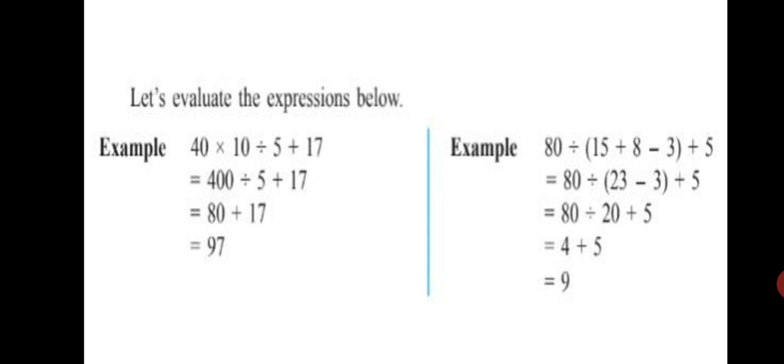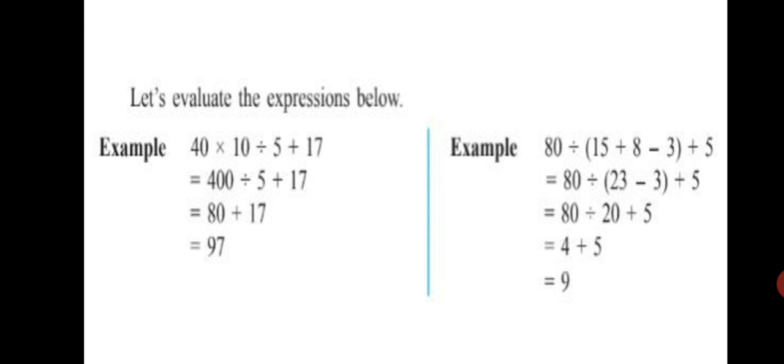Let's have a look at the second example. 80 divided by, now you have a bracket here and there are two operations inside it: 15 plus 8 minus 3. And then the bracket is closed and plus 5. So we will operate the bracket first. Though you see a division sign here, that doesn't mean you have to start with division. First operate the bracket. So this is equal to 80 divided by